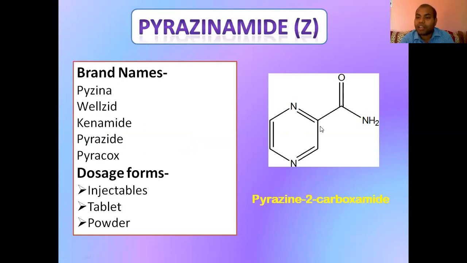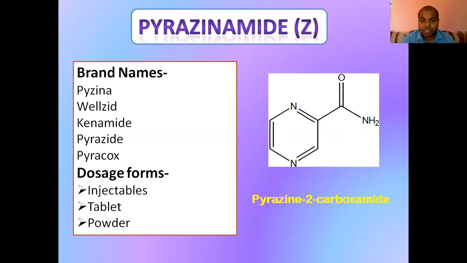So pyrazine, having the derivative at 2 carboxamide. So 1, 2, 3, 4, 5, 6, or you can write it here also. So it is also pyrazine 2 carboxamide. So carbonyl along with amide, that is carboxamide. Okay, so pyrazine 2 carboxamide is the IUPAC name of pyrazinamide, and it is available with the brand names of